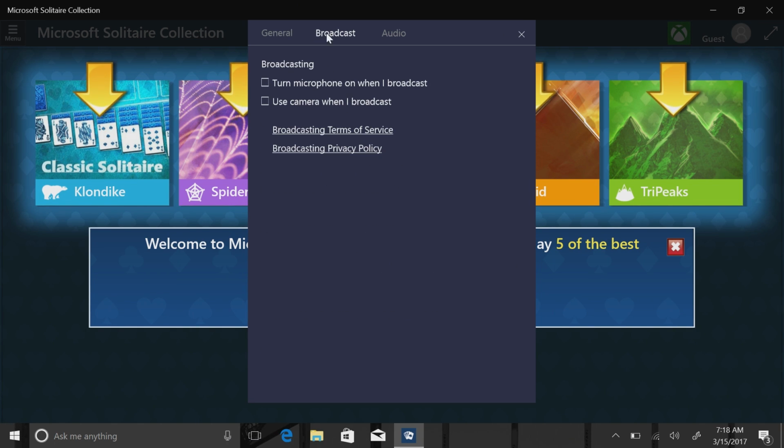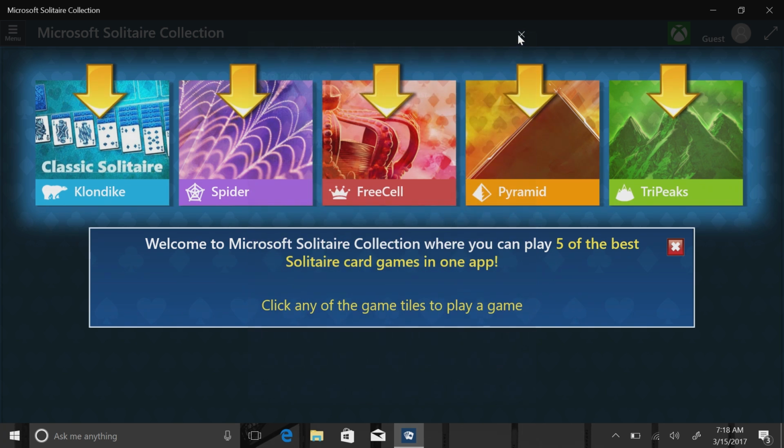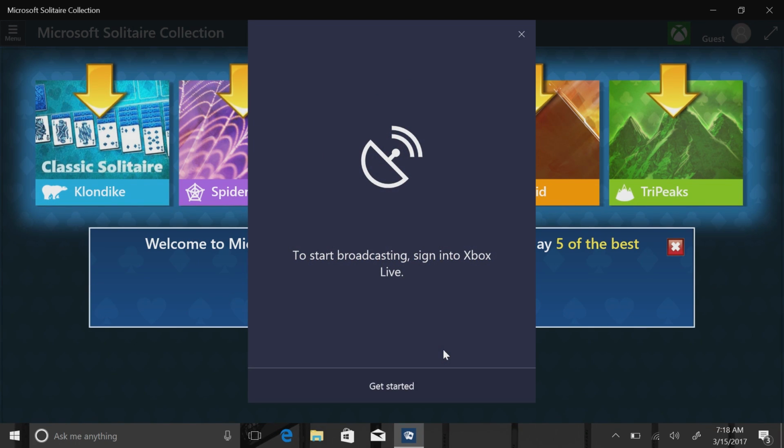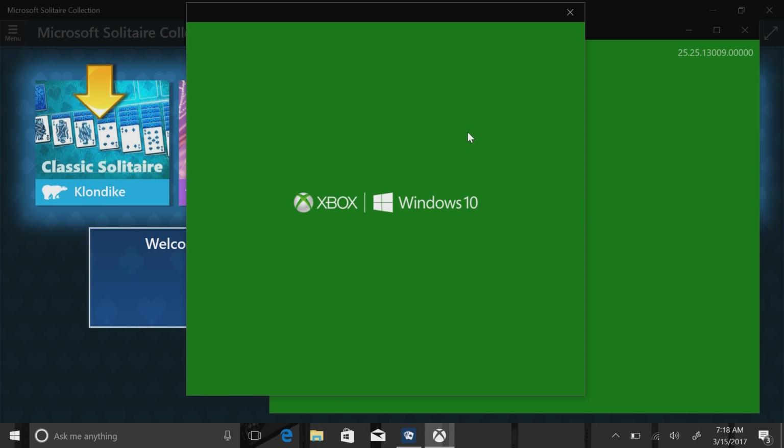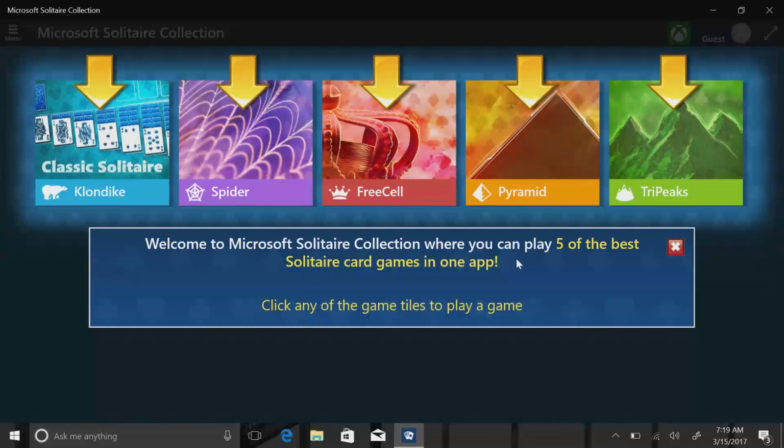can. Now there's also the broadcast function, which if I close here, I don't think this is going to work since I don't have it set up. To start broadcasting, sign in to Xbox Live. So you do need Xbox Live for this, of course, as do you need Xbox Live for most gaming things in Windows 10. So now hopefully, if I try that again,